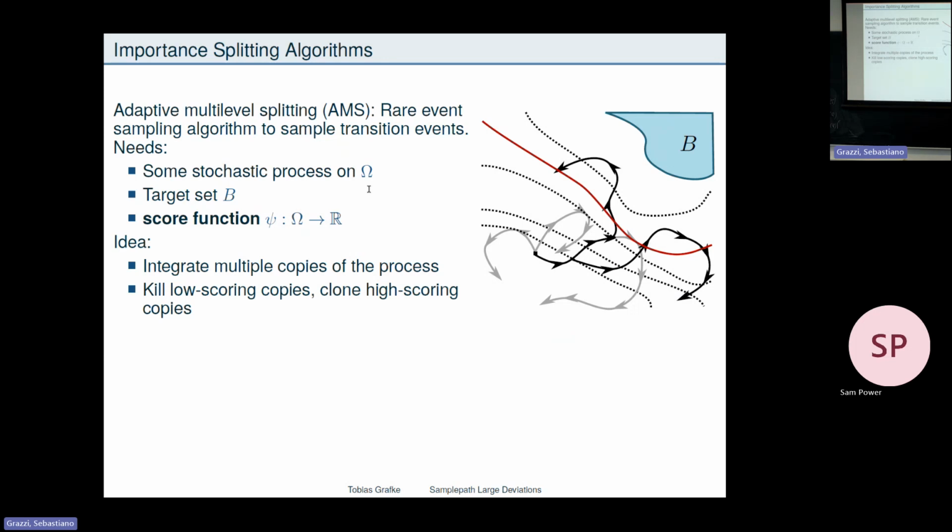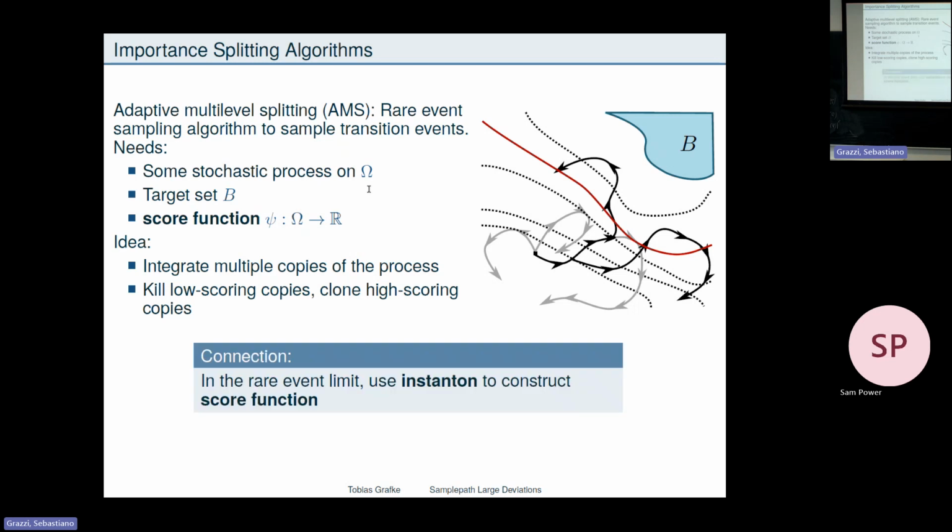So the idea that you could come up with, in light of everything that I was talking about, is that in the rare event limit of these events becoming very small, I can use the instanton to construct a coarse score function. That's indeed possible, in that you are saying, I know what the most likely path should do, so I can somehow rank myself by how close I am to that. This works rather well if there is a single transition channel and so on, if all of this is unique and nicely done. And it works better than importance sampling for two reasons.